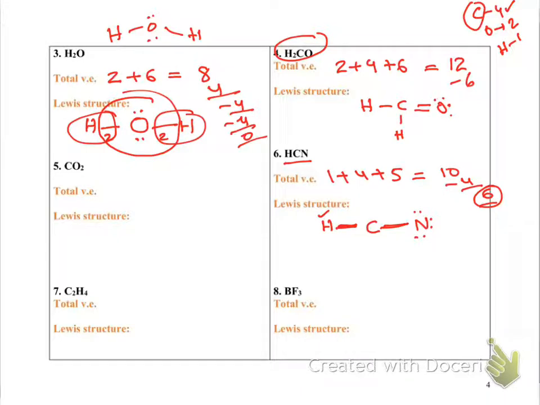And why did I do that? Because nitrogen has only 1 bond here. So 2 plus 4 plus 6 plus 2 makes it 8. So now nitrogen has the octet. But if we look here, carbon has only 2 bonds around it, which is 4 electrons. Carbon needs more. Carbon needs 8. So what we're going to do? We're going to move these electrons here. If I do that, then I will get this. It doesn't matter where.